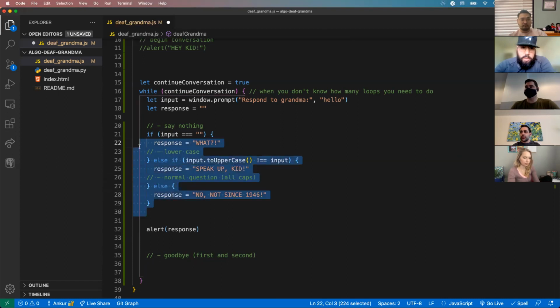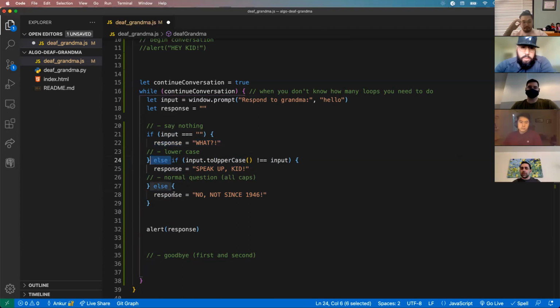It drops out of this entire block because it knows that it hit one of these branches. The else will be ignored in these cases. Gotcha. And then the second one was, I didn't see anything for